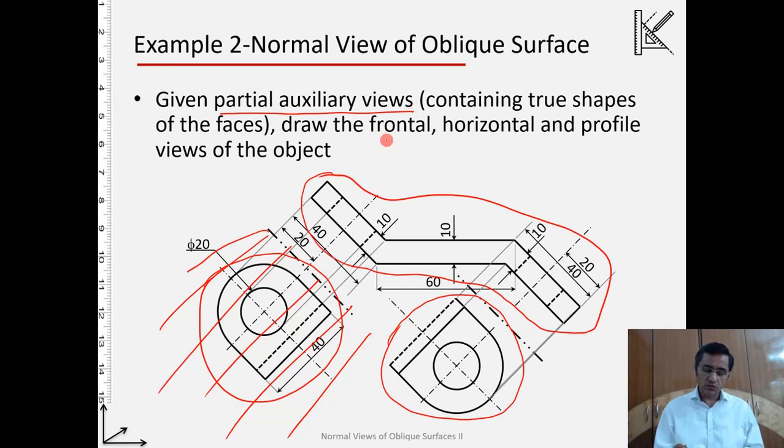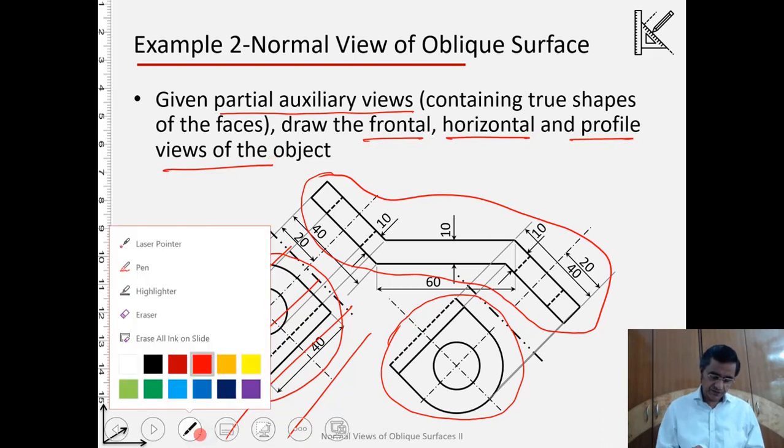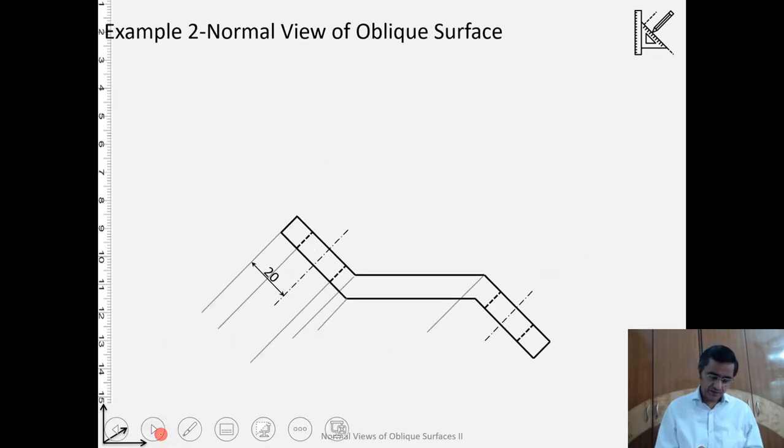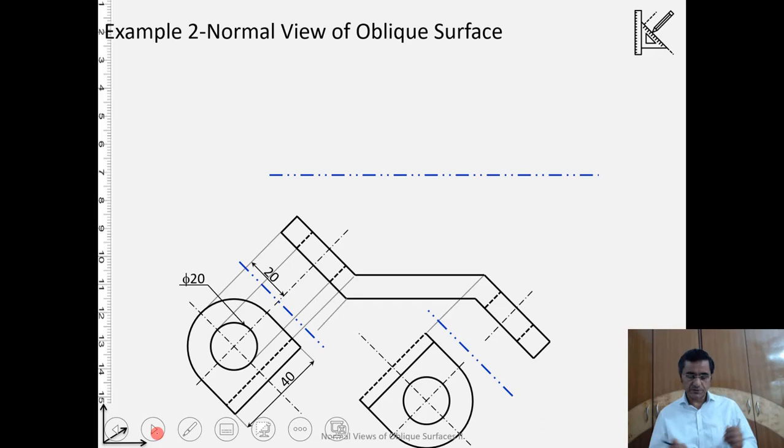What we have to do, we have to draw the frontal, horizontal and profile view of the given object. So for the given object, we have to complete the frontal, the horizontal and the profile. So let's proceed. This is what is given to us, and let's start.